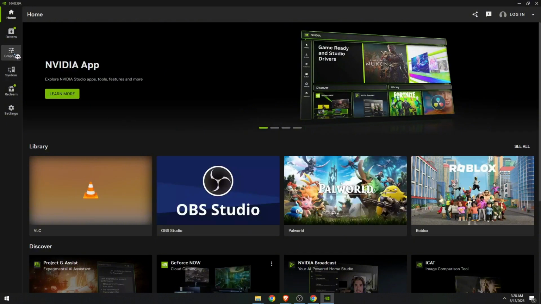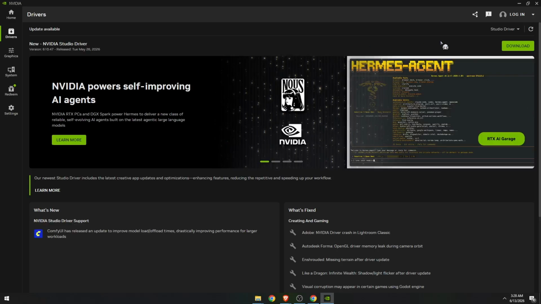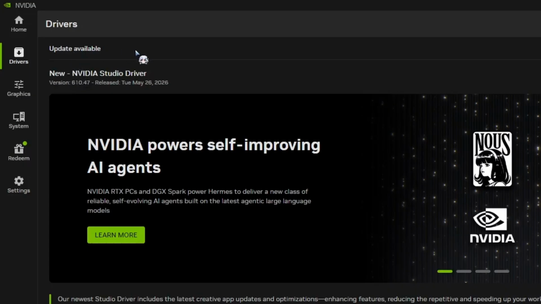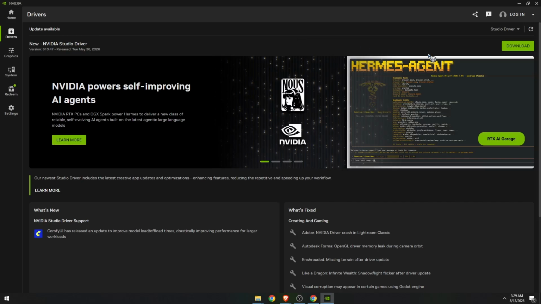So currently I have in here drivers, and as you can see, I have the studio driver. It even shows in here that another update is available. So if it's something like this, make sure to click on download. It will take a few minutes. Once done, restart your PC, go back in here and confirm that it has already been installed. So do this, make sure that your GPU drivers are updated because most of the time it's just your drivers